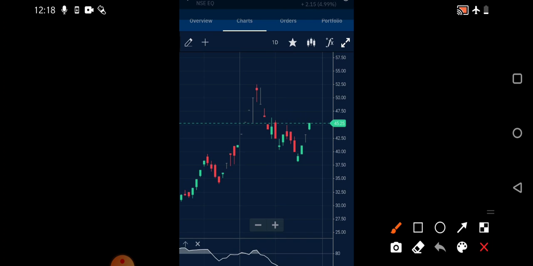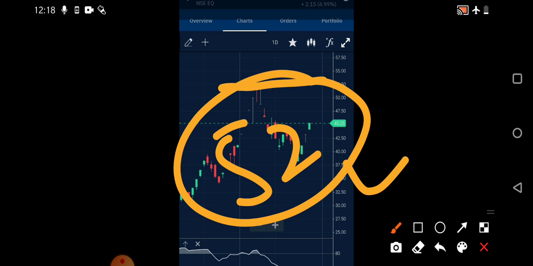If you see from the graph, it is trying to retest the 52 rupees level again. You need to understand that it is trying to retest the 52 rupees level. It implies that it may try to approach it, and from there we need to see where it will go. Closing is very important. Closing above 52 in the coming sessions is very important. If it shows an upper circuit in the next sessions, then 52 is the resistance from where we can say its new journey may start.